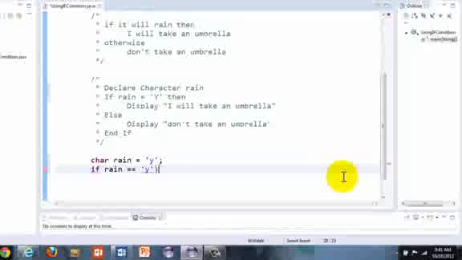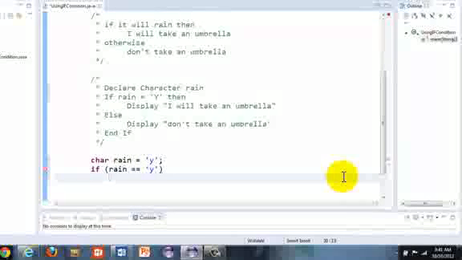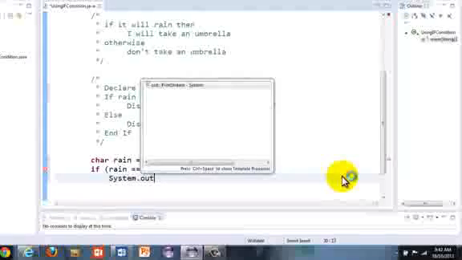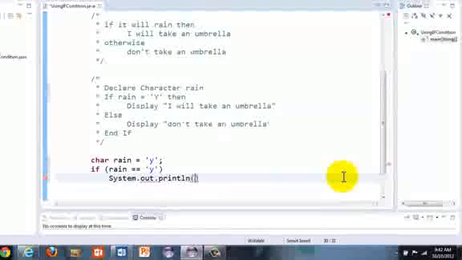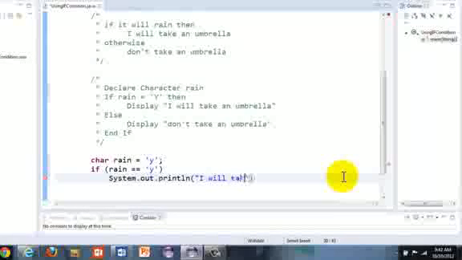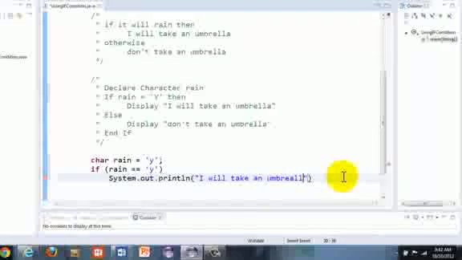Now remember, in Java, we drop the word then. Instead of using the word display, we will prefer to write system.out.println I will take an umbrella,